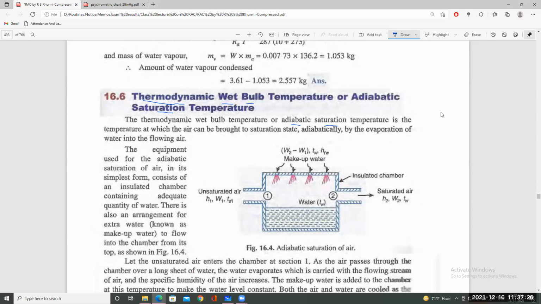So every air under a certain pressure, a known volume of air under a certain pressure, can take a certain amount of moisture which it can absorb, and if it is given more moisture, it will just form droplets out of this moisture and cannot absorb it totally. Now what happens? We know the wet bulb temperature is the temperature recorded by a thermometer when it is